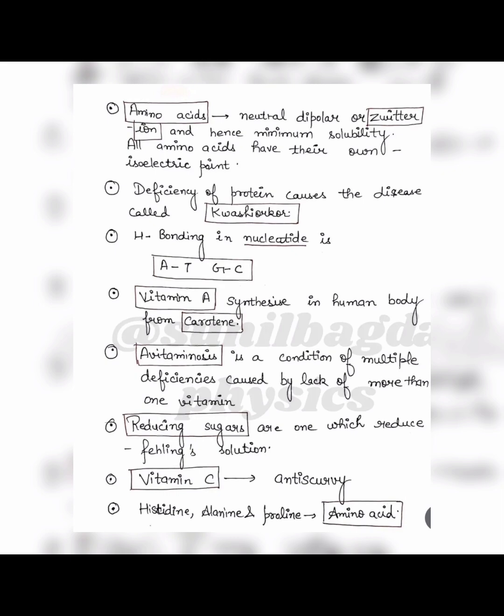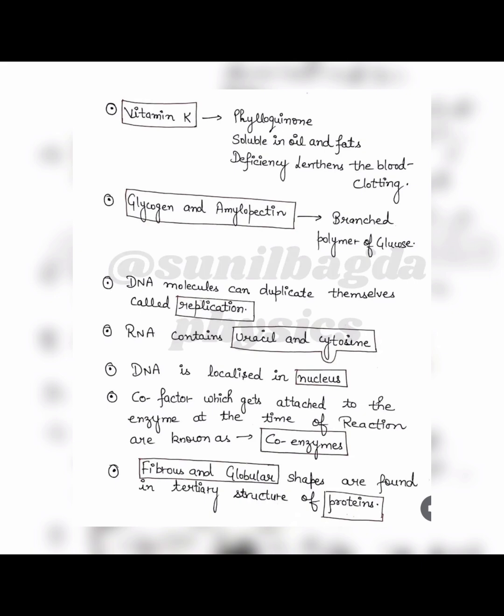Reducing sugars are those which reduce Tollens reagent as well as Fehling's solution, whereas non-reducing sugars are those which do not show any reduction with respect to Tollens reagent as well as Fehling's solution. Vitamin C deficiency causes scurvy, so it is also considered as the anti-scurvy vitamin. Vitamin K is considered as phylloquinone. So previous year questions like such may be asked in your exams, so that is why it is